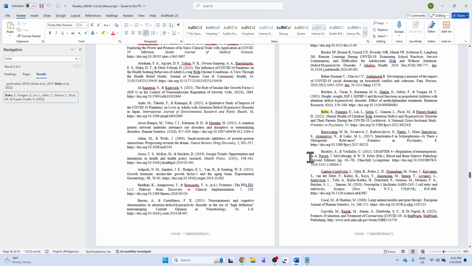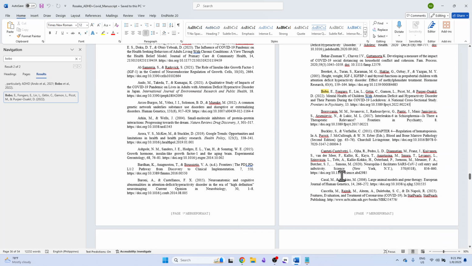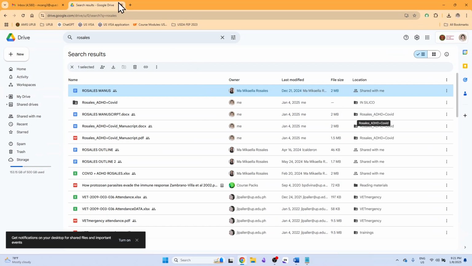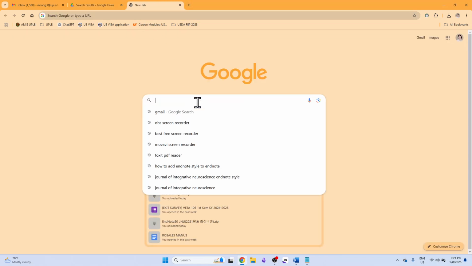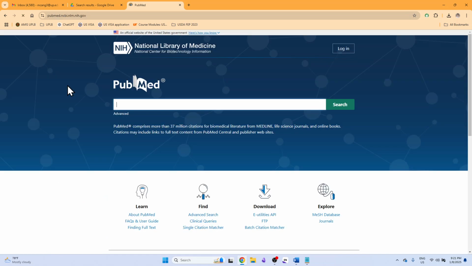Actually what you can do is copy all of these DOI links in a notepad, and then go to PMID. So hopefully all your references are also listed in PMID, but let's see.